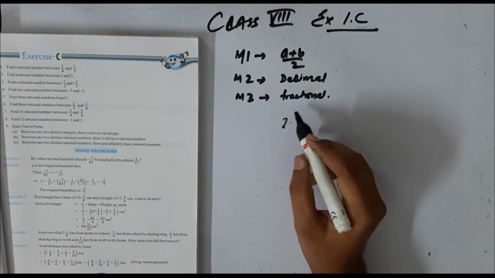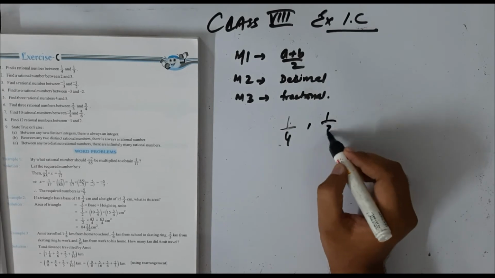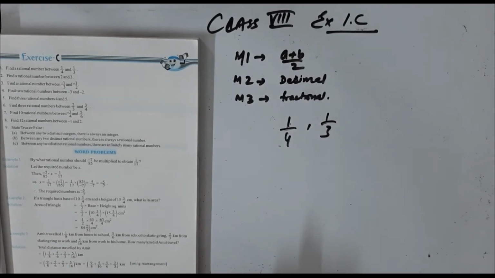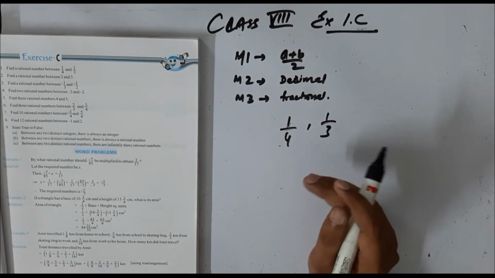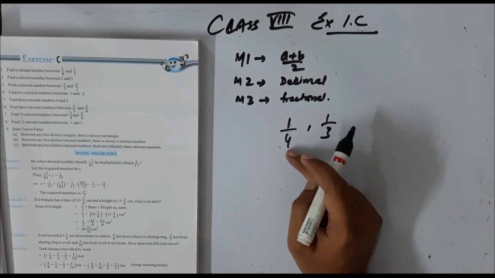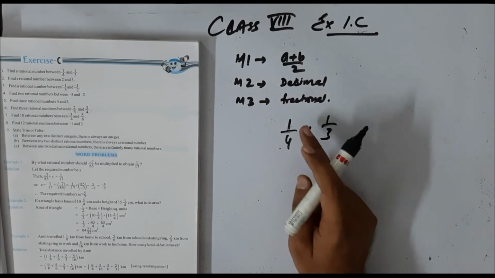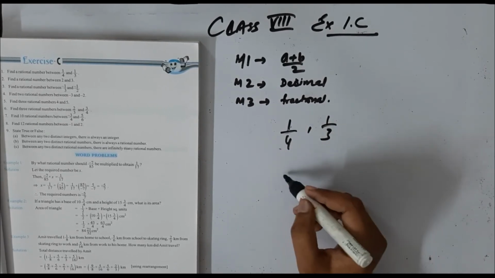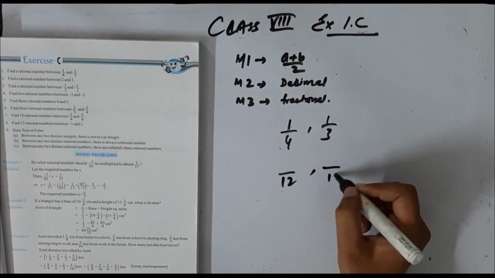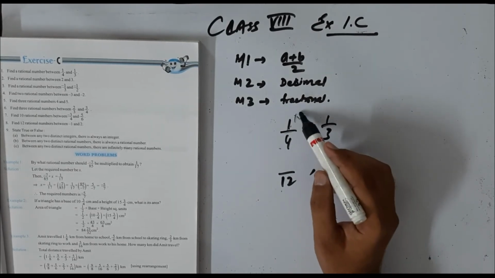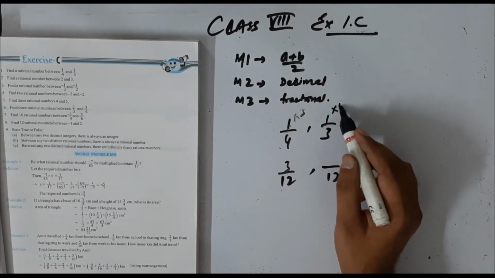Question is this: we have two fractions, 1/4 and 1/3. So fraction method says, firstly, it should be in the form of like fractions. What are like fractions? When the denominators are same. So if the denominators are not same, to make that same, what we are going to do? 1/4 and 1/3. Take their LCM, and LCM will be 12. It becomes 12 and this becomes 12. What should be multiplied here? It should be multiplied 3 times. It's 3/12. Here it should be multiplied 4 times. It gives